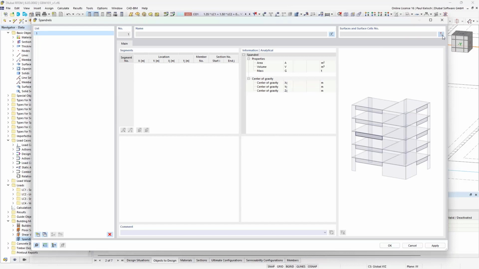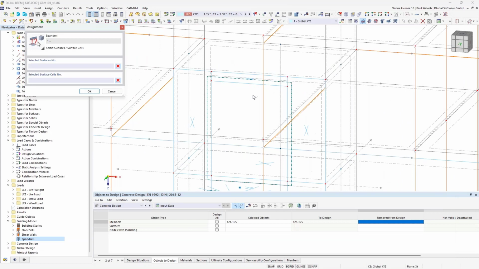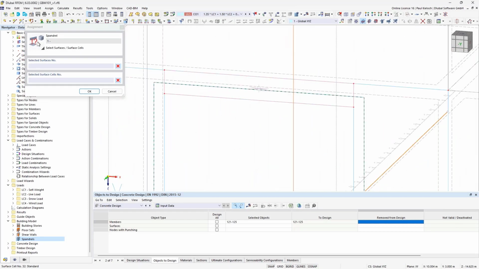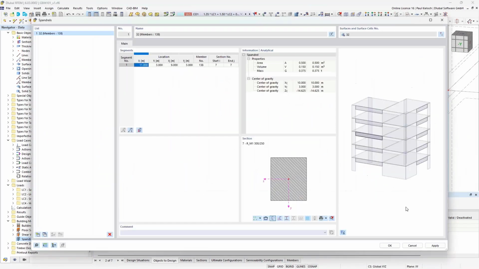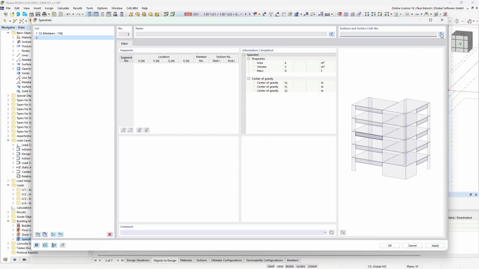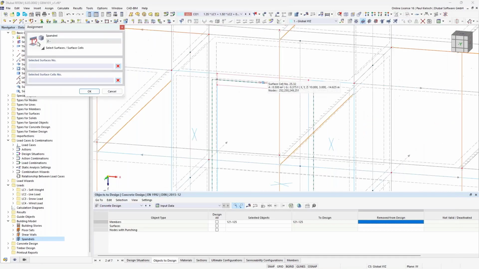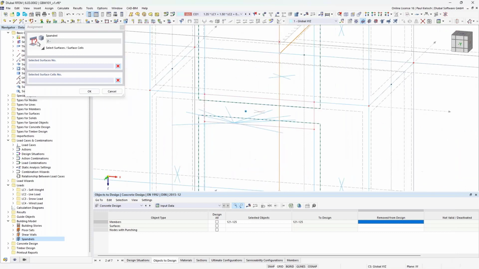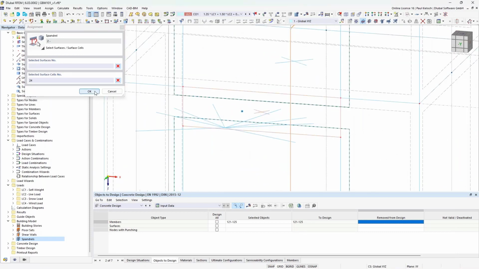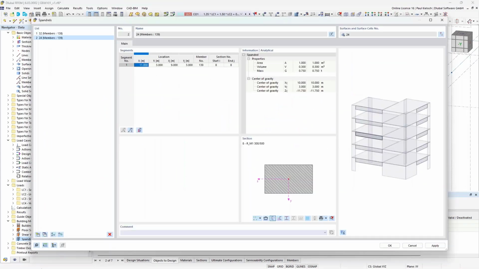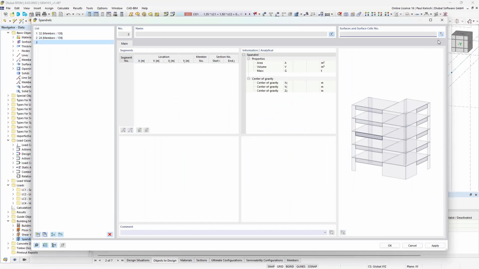So I can select a cell. I'm starting here with this one and clicking on apply, and then you see here the program has automatically created a section for our result beam, and I can just continue, create a new spandrel, selecting the next cell, clicking on OK, then the next one,